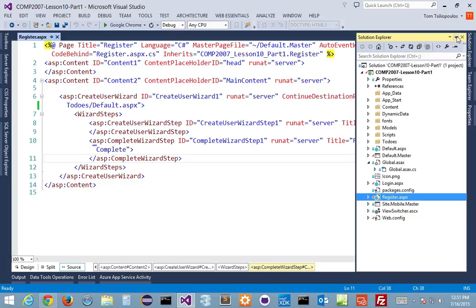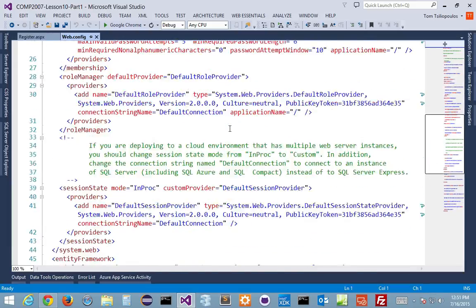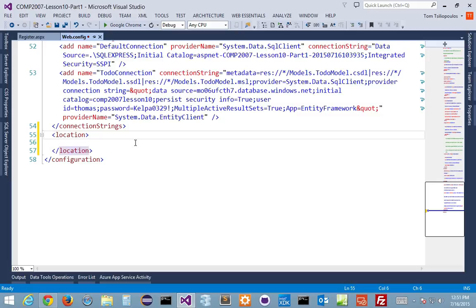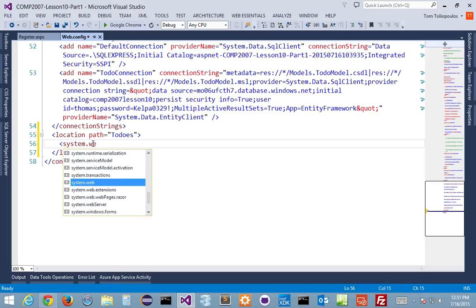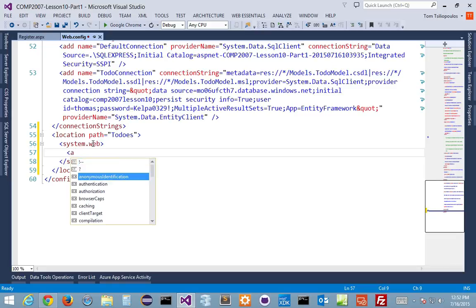And I want to go and pin this thing up. I want to go to my web config, and I want to unpin this now. And all the way down to the bottom, before the configuration is over, I want to add in something called a location tag, with a path of to-dos, that means the whole folder. I want to add in a system.web layer, and inside there I want to add in an authentication